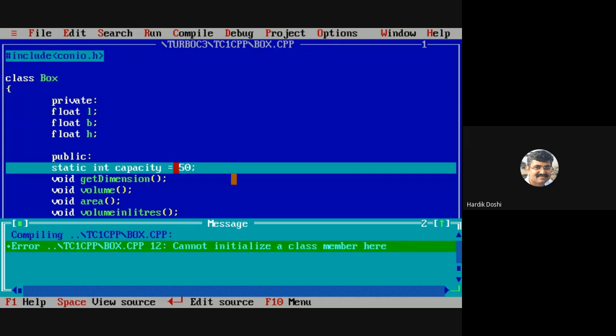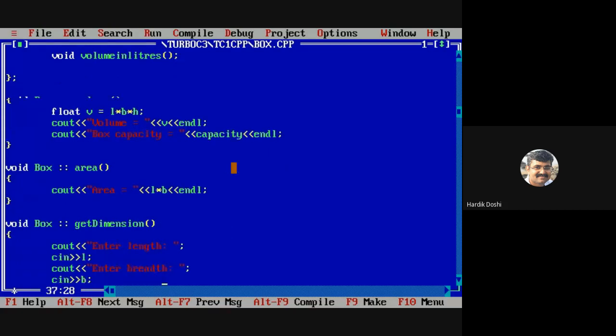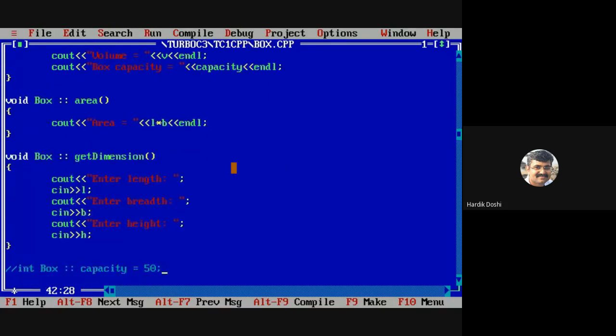So I need to initialize it outside the class. This is what I have done. If you want to initialize a static member of the class, you can initialize it outside the class like this: int Box capacity equals to 50. Likewise, what we do for the functions.